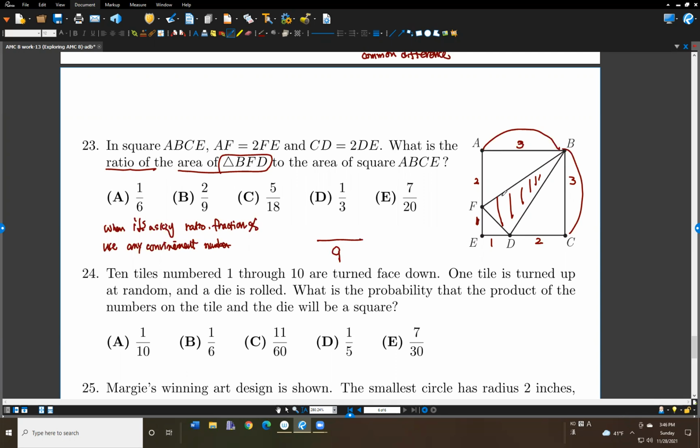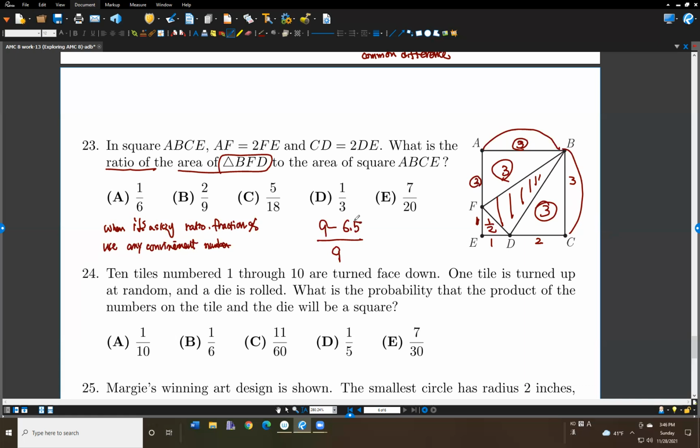What is this area? From 9, we take up this one. 2 times 3 divided by 2 is 3. This is 3. This is what? 1 times 1 is 1/2. I think we did this before, right? I remember. So 3 plus 3 is what? 6 and 0.5. When you take up 6.5,